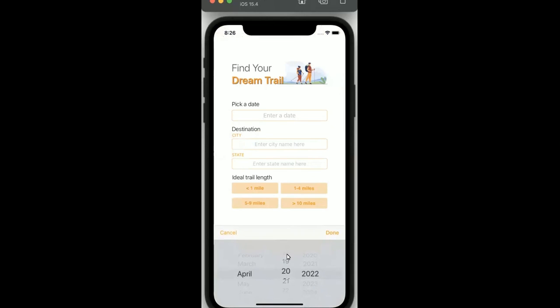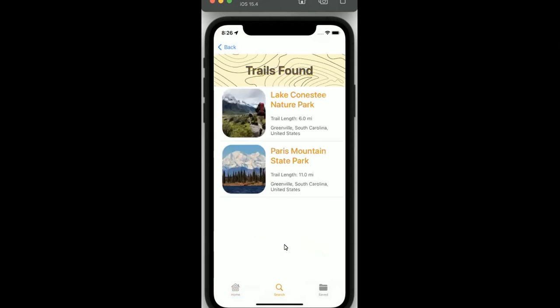So let's say I want to hike tomorrow on April 20th, and I want to hike in Greenville, South Carolina. I'll type Greenville and search for Greenville, South Carolina. Okay. And let's say I want to hike for 1 to 4 miles. So I'll click Find Trail. And as you can see, this is a list of trails that come back